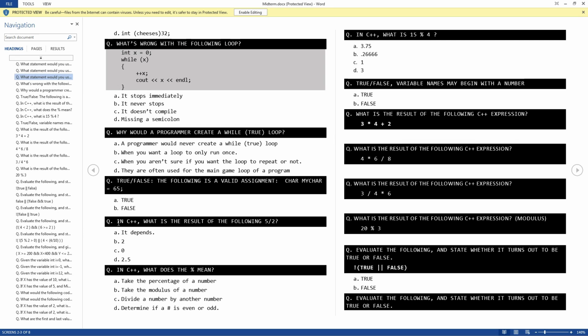So you have 3 times 4 in the order. So 12 plus 2 is 14. This one here, multiplication first and then division. So 24 divided by 8 is 3. And here, what do you do first? Multiplication, then division, then addition, then subtraction, which means it's 3 divided by 24.